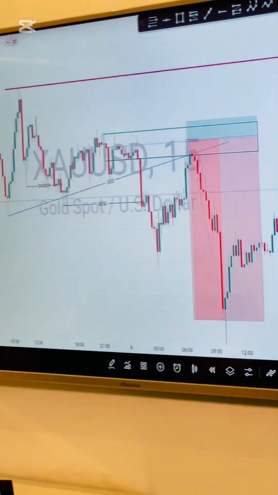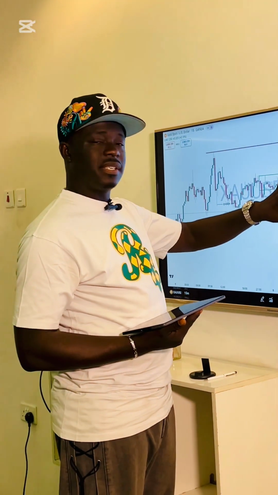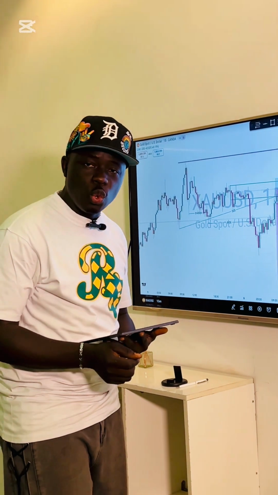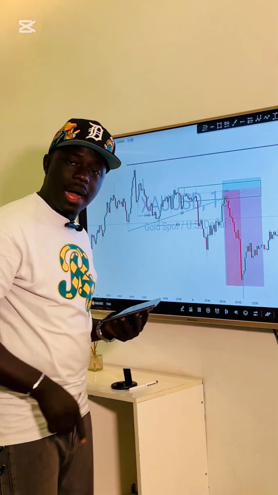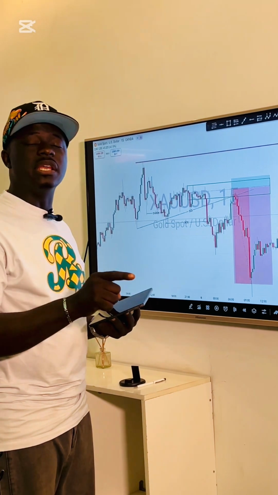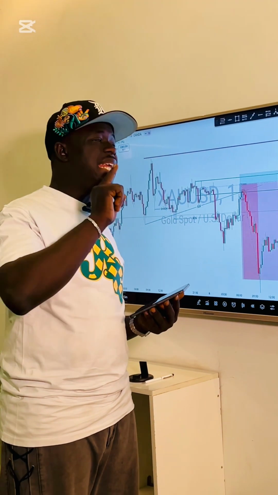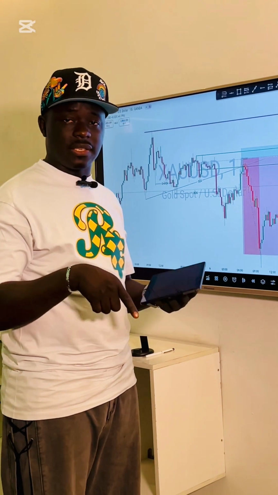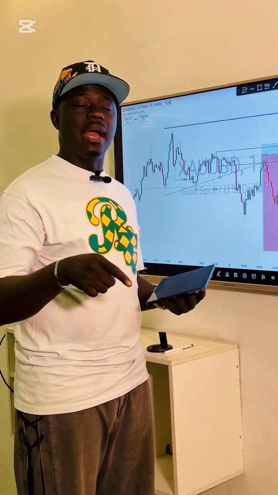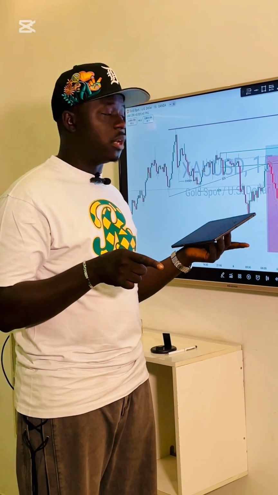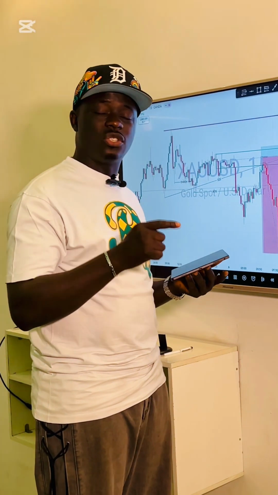So this was the reason I took this trade on Thursday. But I knew this is a pullback. This is just a pullback because I'm expecting price to get to 3,000 by next week. Today is Sunday, and tomorrow is Monday. The market is going to open tomorrow. I'm expecting price to get to